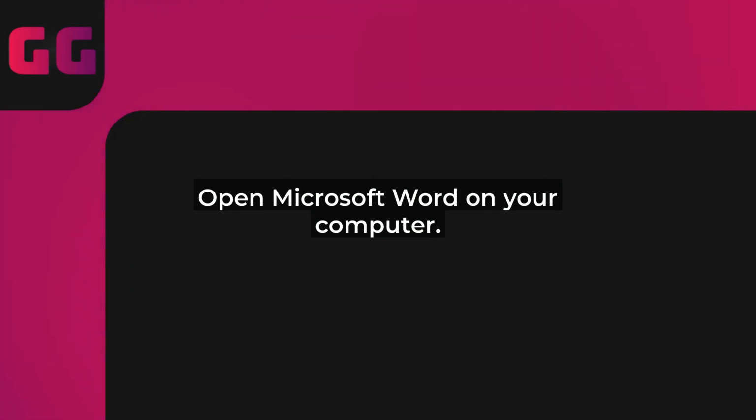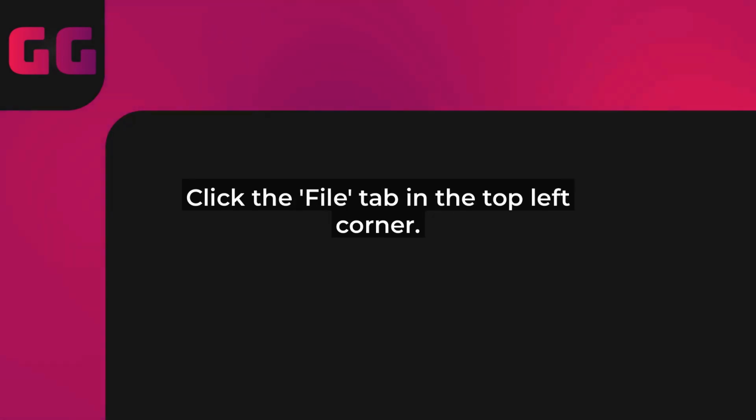If you're tired of that dark theme in Microsoft Word 2025 and want to switch back to the classic light mode, you're in the right place. This quick tutorial will guide you through the steps in just a few minutes. Dark mode is great for low light environments, but sometimes it just doesn't vibe with your workflow, right? Let's dive in and get you sorted out.